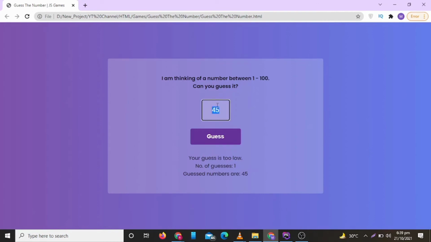So now it is working. So now let's complete the game to check if our game is working correctly or not. Now you can see it is working correctly.